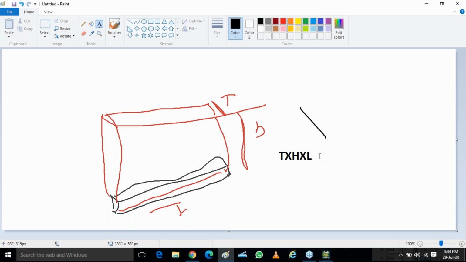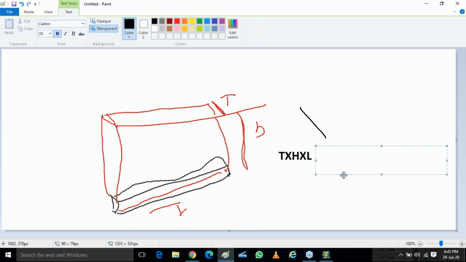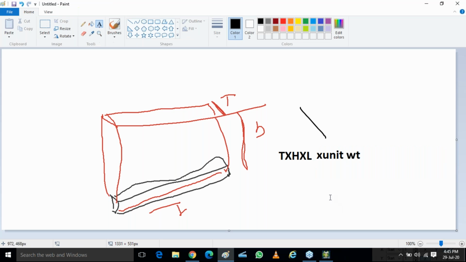Is it correct or not? Instead of density we are going to put unit weight. So the volume goes into unit weight.